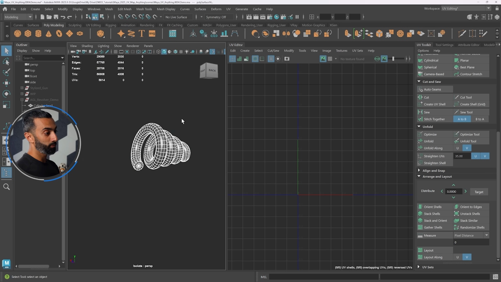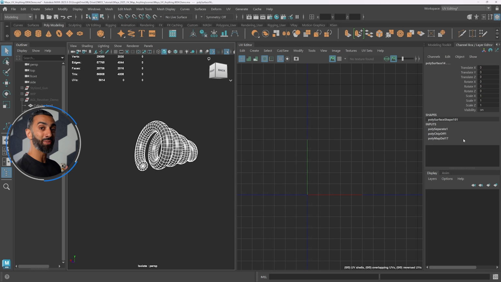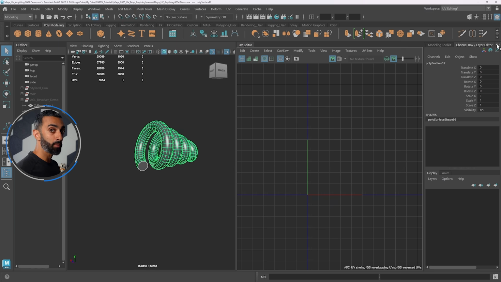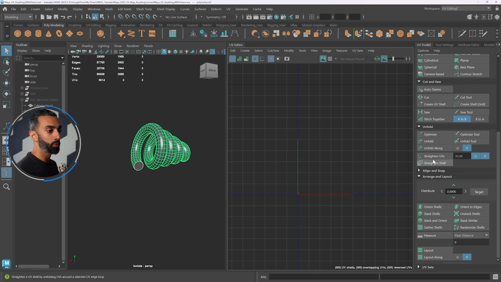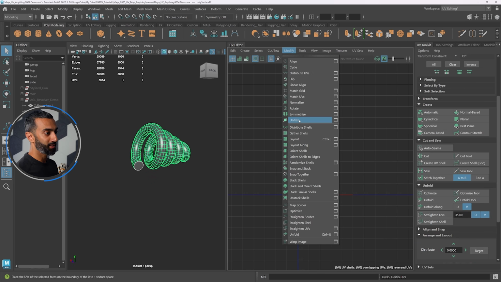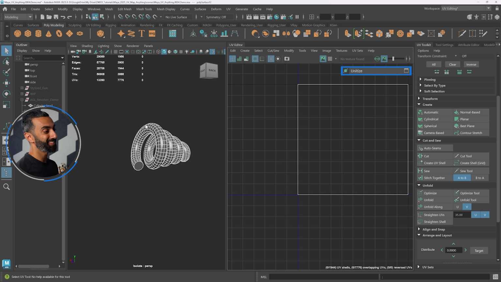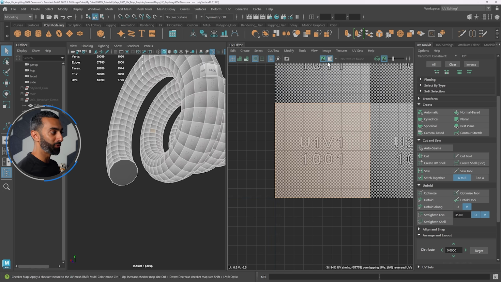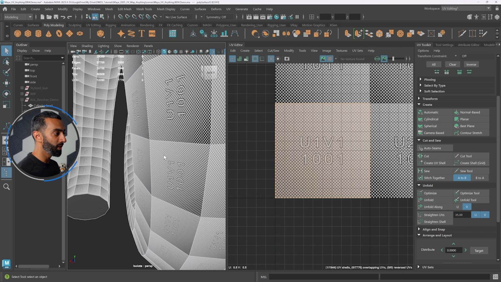I will, of course, select this object, and remember, we've created history now. So if you're UV mapping, delete your history. With this object selected, let's jump over to our UV toolkit, go to Modify, Unitize. Now what this has done is it has taken every single face here and laid it flat on the 1-to-1 UV coordinate system. So if you look at the checker, it's going to look a little crazy, but each face